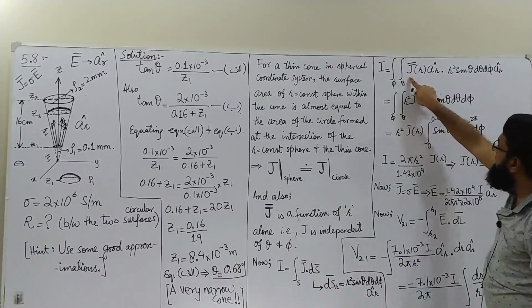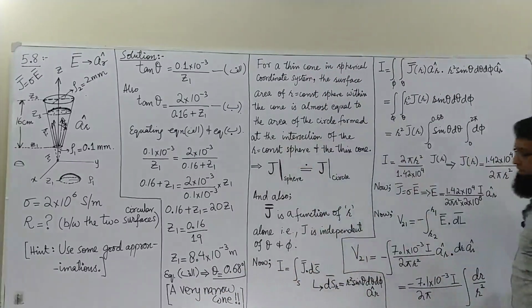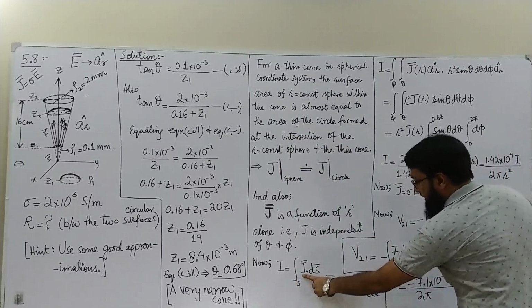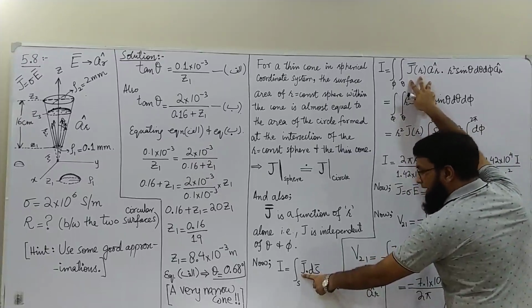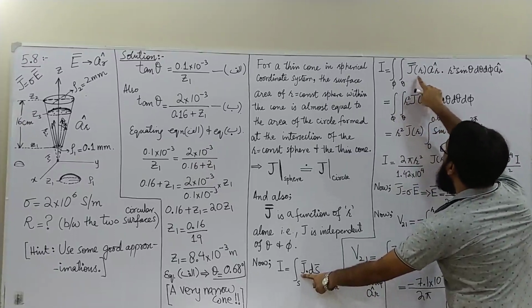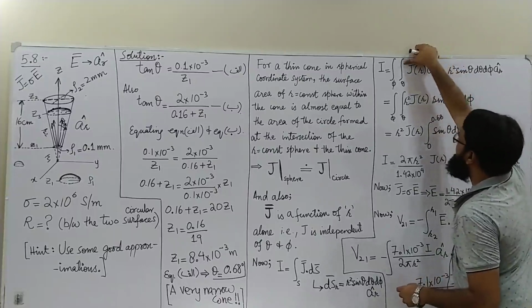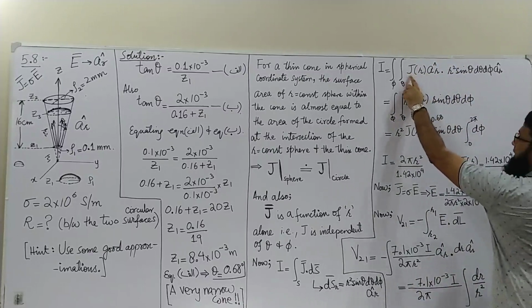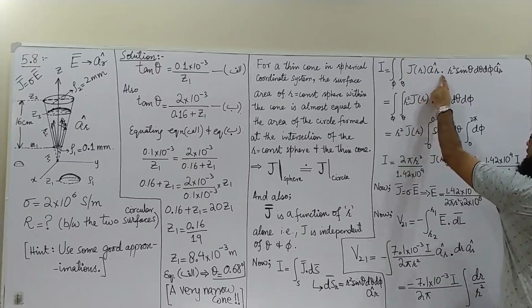So we were only able to write it like this with confidence because we have done this kind of approximation and gave the explanation. In place of J, we should write J because we don't know what J is. What we know is that J is a function of R and it has got only AR component. So I should better remove this because this whole is actually making J vector. So the magnitude of J is a function of R and it has got only AR component dotted with